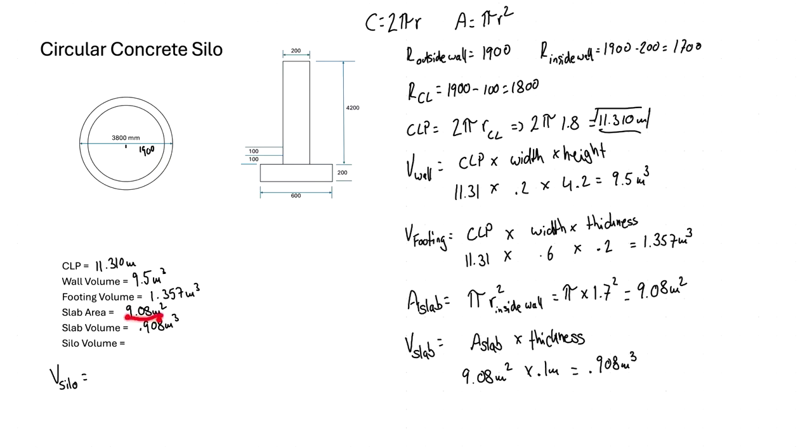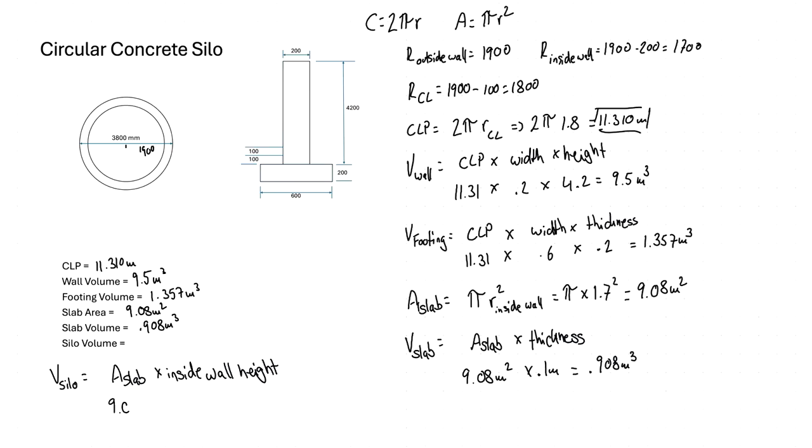So now to find out the volume, we need to use our area of the slab, what we found here, and we need to multiply it by our inside wall height, right? We can't use our outside wall height because it goes down all the way to the footing. But if you look closely here, our slab sits up from the footing a little ways. So we just need to adjust that number. So we take the area of our slab times our inside wall height to find that. So area of the slab, we already figured out